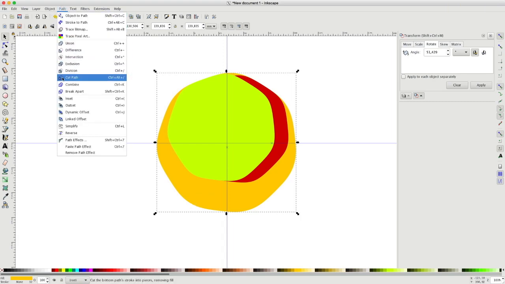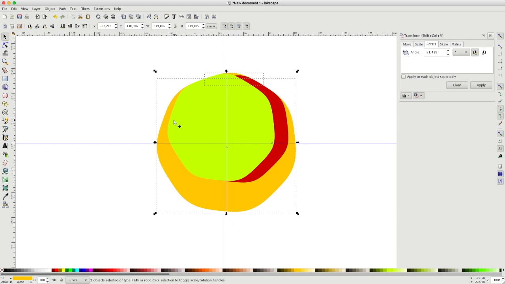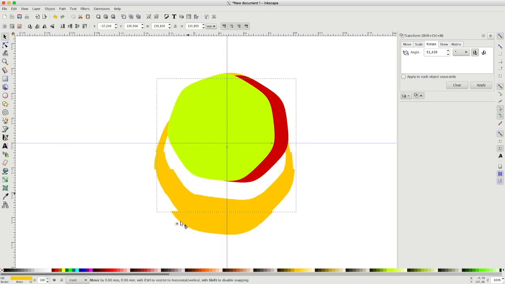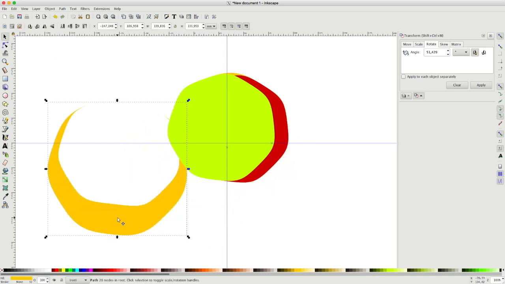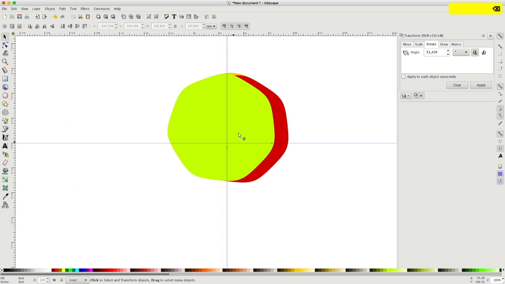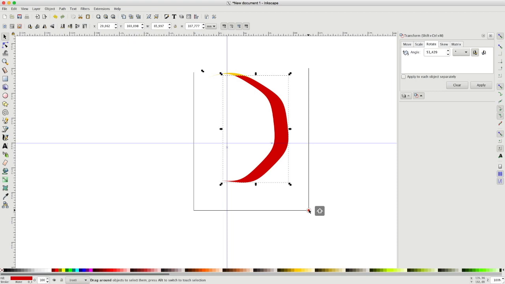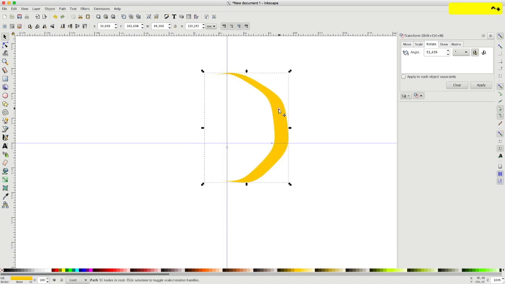Let's see if the break apart works. Okay, break apart works, and we have two subpaths from the original shape. Get rid of this, perform again a difference between this. Okay, and a union with the survivors, Ctrl plus, and then putting